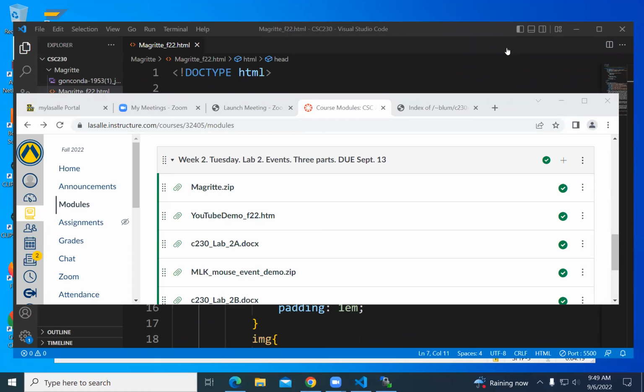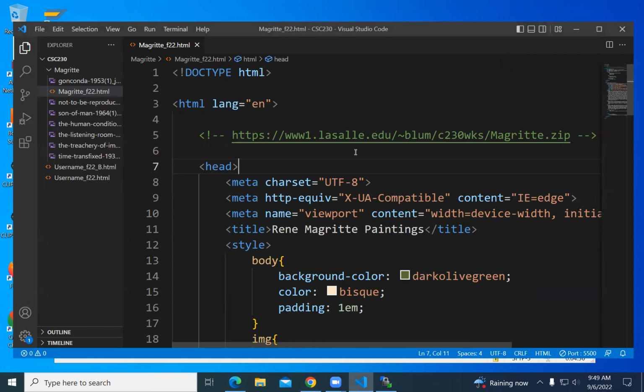So I'm going to go over one of my demo programs. It is this Magritte program. Right now, it's got some local image files, so it's zipped up, but you can download it off of Canvas, or I've also put it up here on my public website, which you can see here in this comment the URL for. All right, so